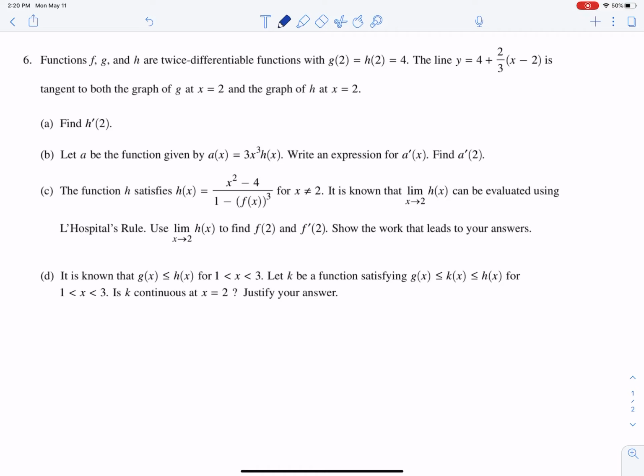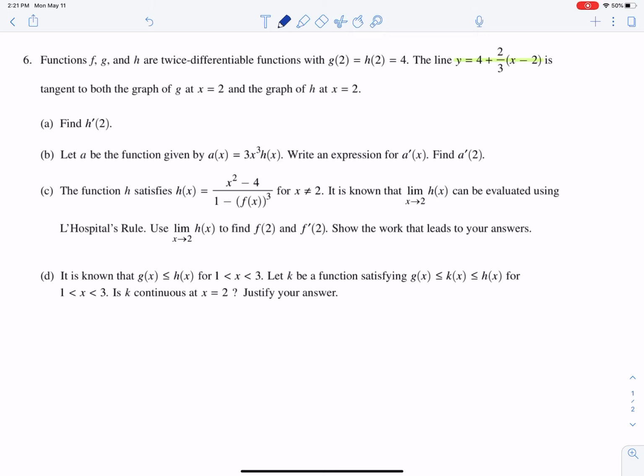So let's see, we've got functions f, g, and h that are twice differentiable functions with g of 2 equaling h of 2 equaling 4. And we have this line that is tangent to both graphs at x equals 2. So this line right here is tangent to both graphs at x equals 2. So the first thing they asked us to do,